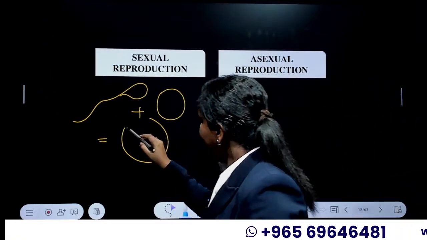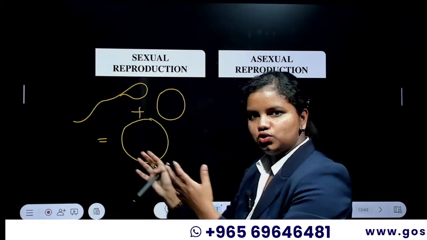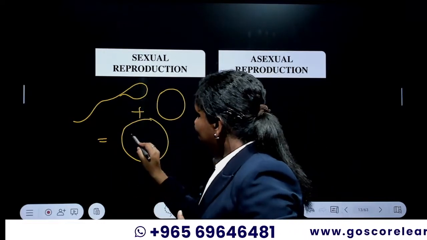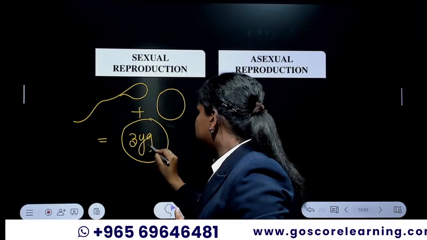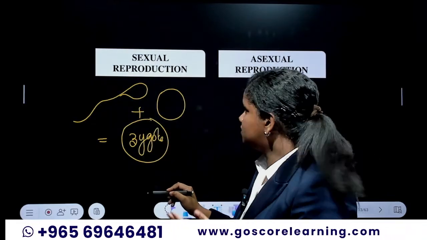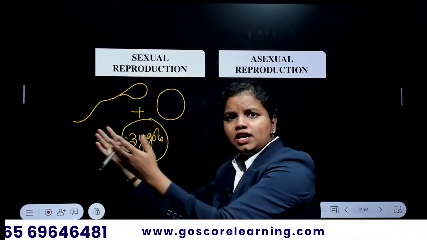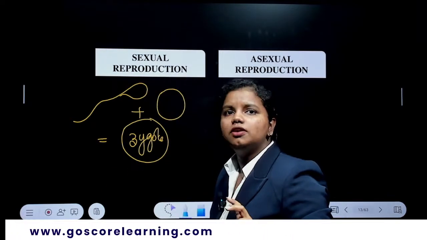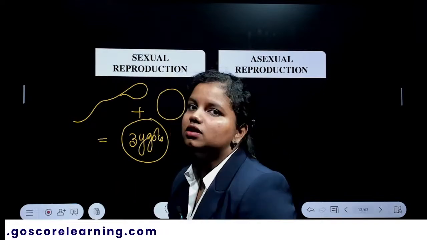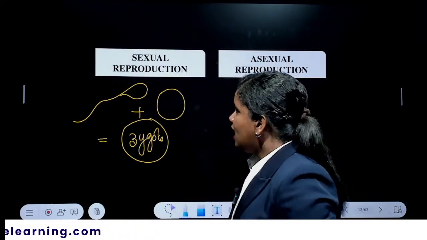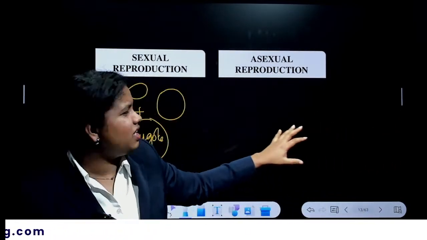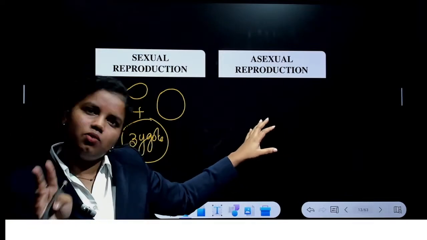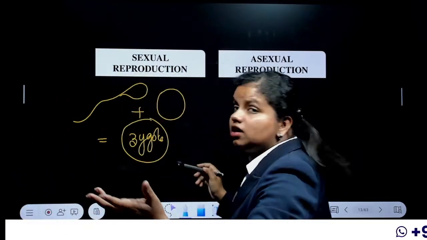Okay, there is a male gamete and a female gamete, and they together form a zygote. This is how you can depict sexual reproduction. Here, as you can see, there is involvement of two parents. You need a male and a female partner to make sexual reproduction happen. And in asexual reproduction, there is no need of two parents. One parent is enough, just like our amoeba.